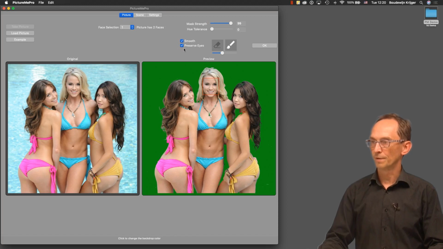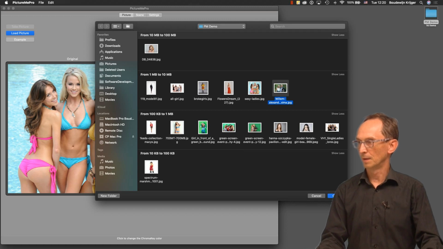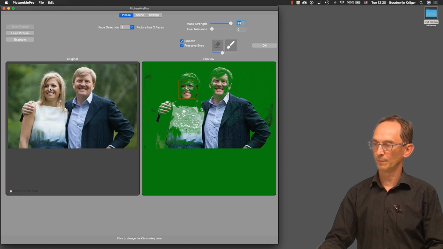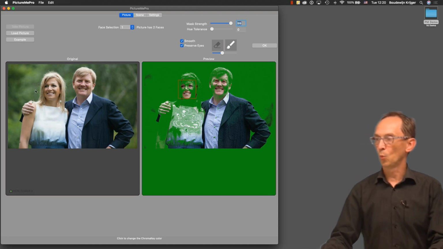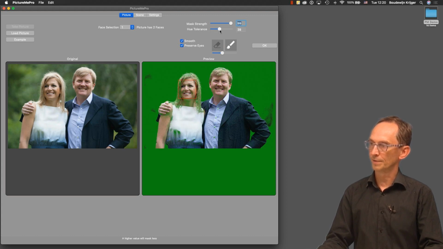We can also do this with a picture that has more like a different focus. So this picture is taken, this is our royal family of the Netherlands, and it's taken against the backdrop of some trees, which are predominantly green. So what we can do is we can increase the mask strength to maximum and then increase tolerance until we get most of their features back. It won't be complete, but it'll be pretty close,